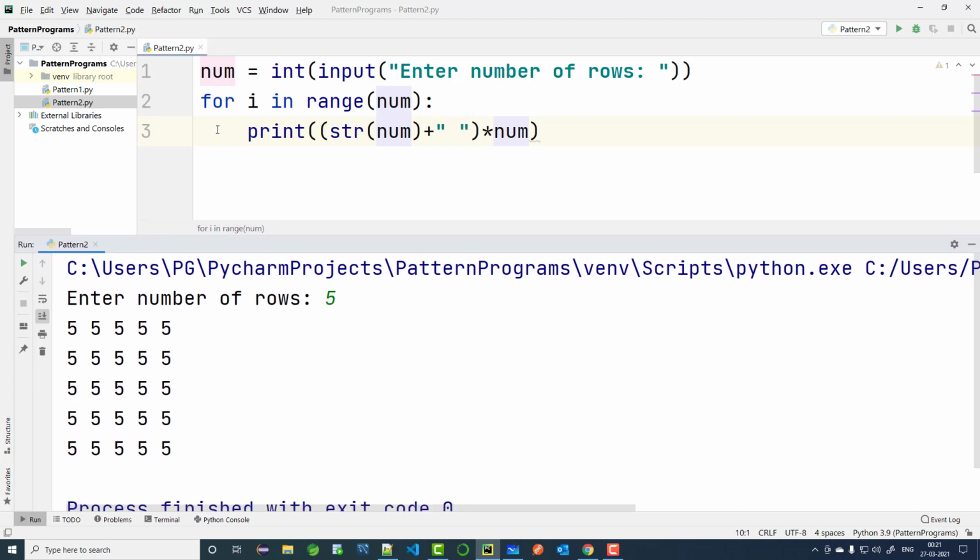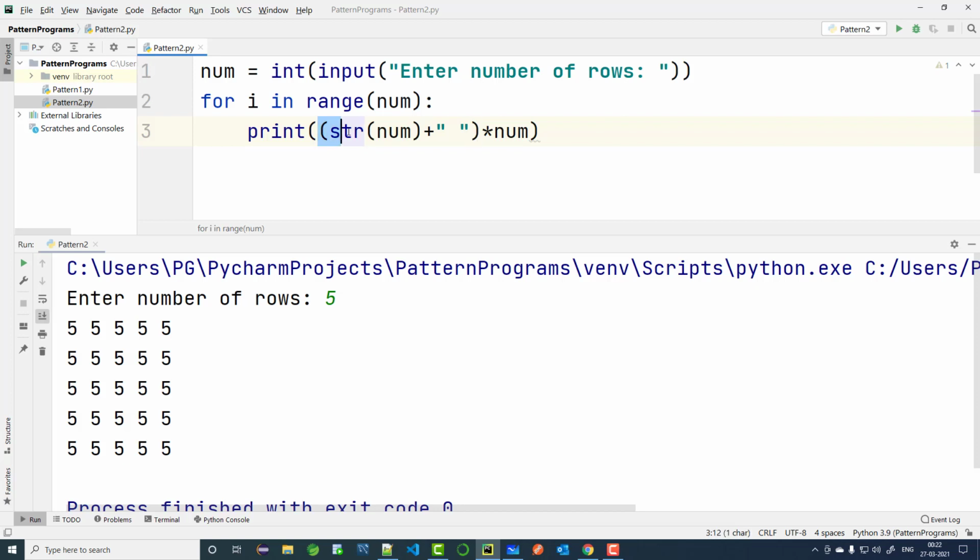So basically this loop is getting executed 5 times for the values of 0, 1, 2, 3, 4. And within the print statement, we are passing num, which is 5, converted into a string, added a space, and then multiplied with the number, which is 5.